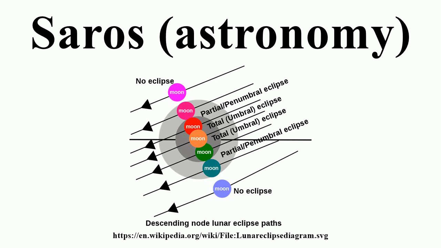29.53059 days. During most full and new moons, however, the shadow of the Earth or Moon falls to the north or south of the other body. Eclipses occur when the three bodies form a nearly straight line, because the plane of the lunar orbit is inclined to that of the Earth. This condition occurs only when a full or new moon is near or in the ecliptic plane, that is when the Moon is at one of the two nodes. The period of time for two successive lunar passes through the ecliptic plane is termed the draconic month, a